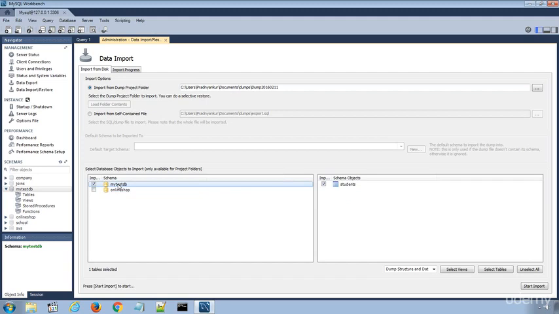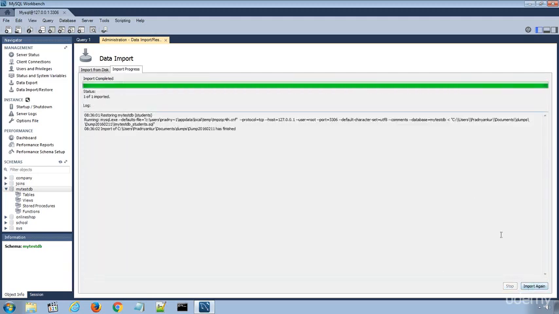Now select this MyTestDB option from the data import option and select the students table. Choose the dump structure and data option and click the Start Import button to import the database and tables from the backup file.